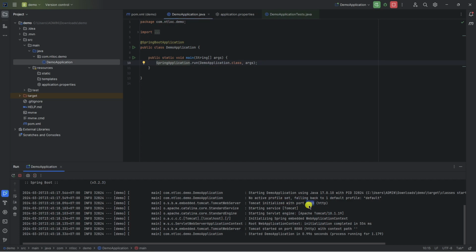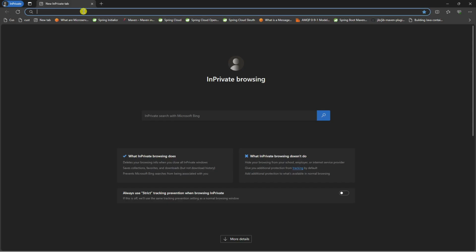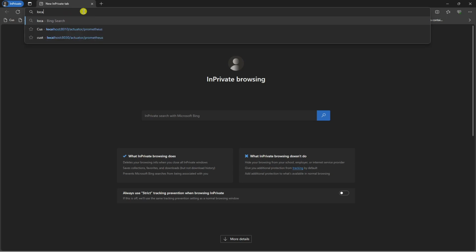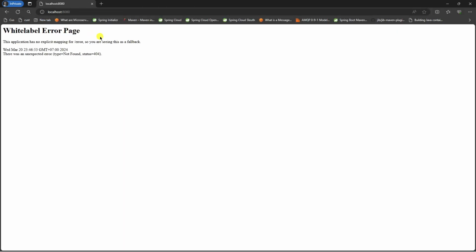Next, let's navigate to the browser and type localhost:8080. We should see a white page. This is because we have not created any API endpoint yet, and you can see the status is 404, which stands for not found.